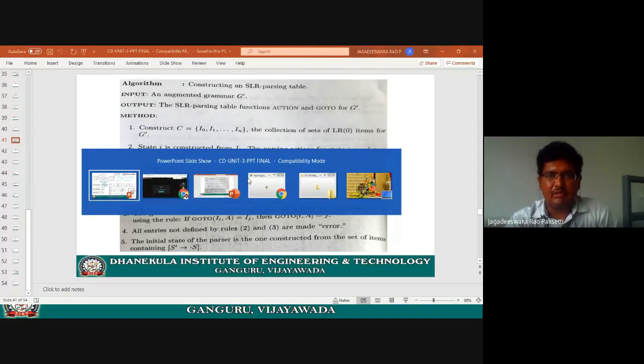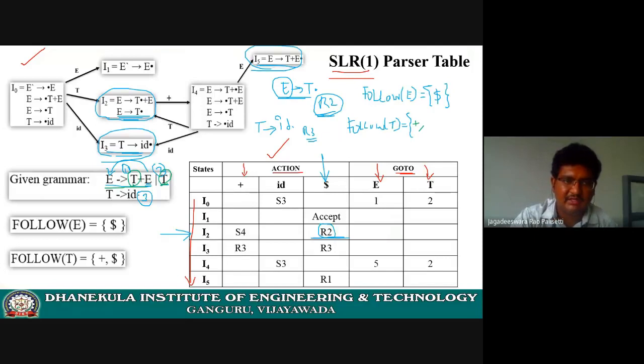In addition to that, one more production is there. What is that? E tends to T is the production rule. I am going to compute follow of T. After T, nothing is there. So according to our rule 2, follow of T is equivalent to follow of E. So whatever we have in the set of follow of E, simply write it. So this dollar also is written here. So follow of T is completed.